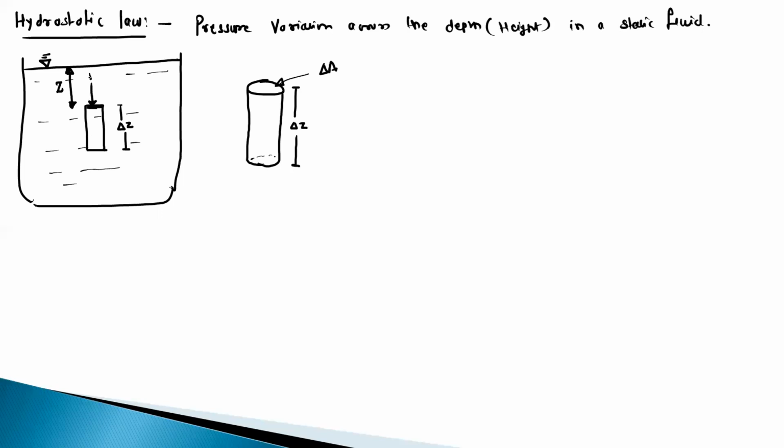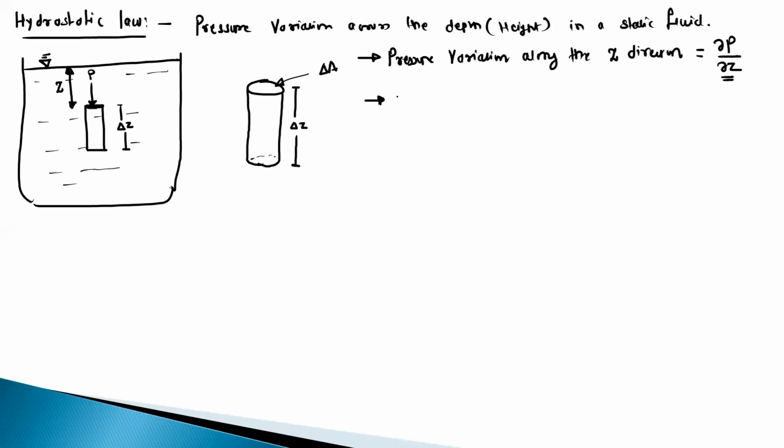So here we have the pressure as P, and the pressure variation along the z direction is given as del P upon del Z. Okay, so this is the equation for the pressure variation along the z direction,